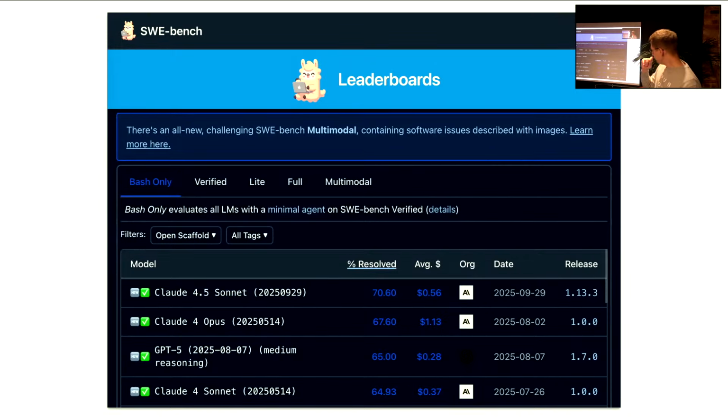Aider Polyglot only focuses on LeetCode-type challenges, so for example generating those Fibonacci methods or other tricky programming challenges. With SWE Bench, what they do is they have, I think, 50 different open source Python libraries.